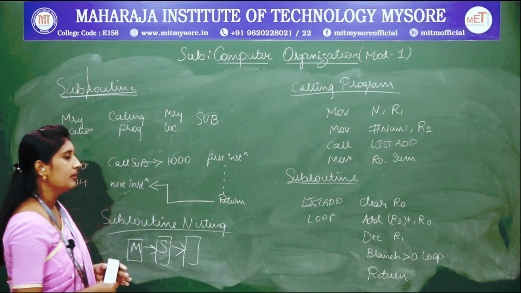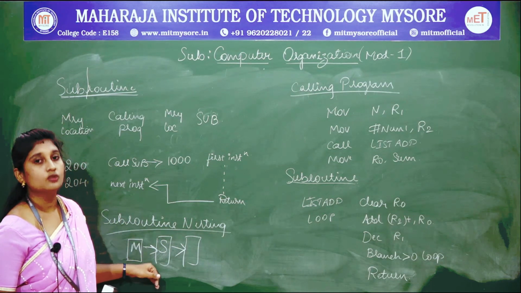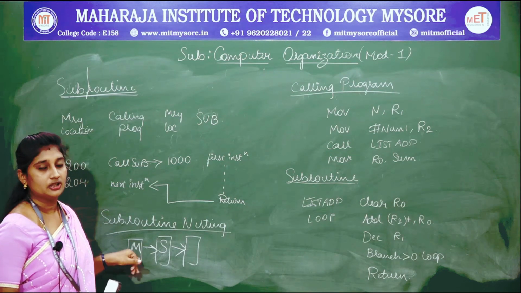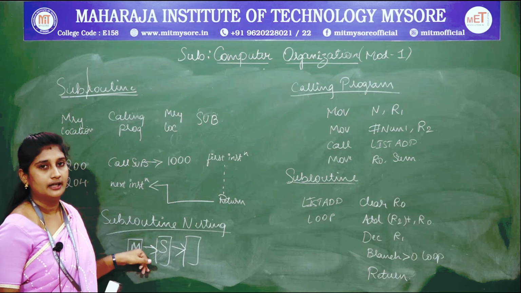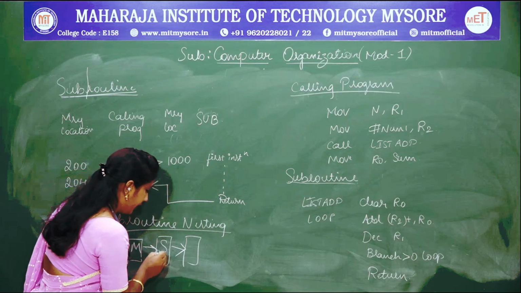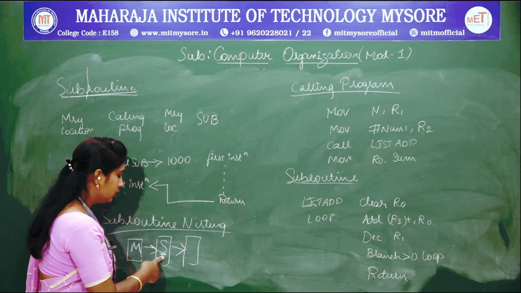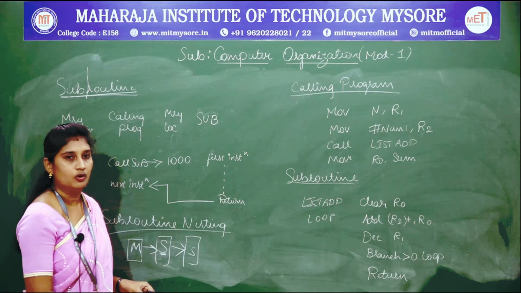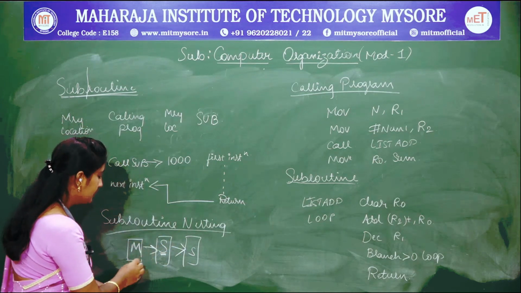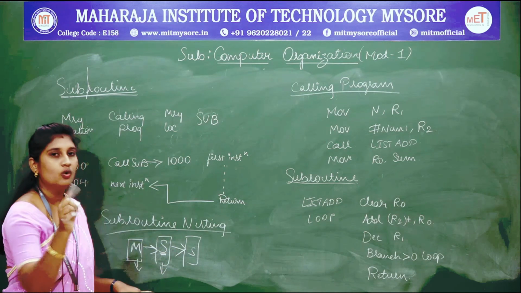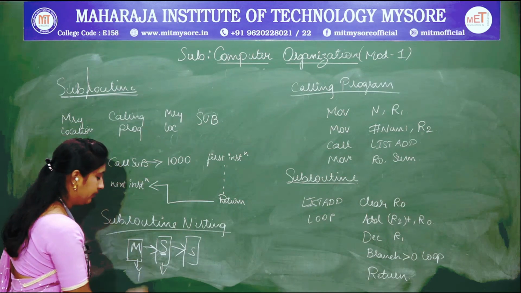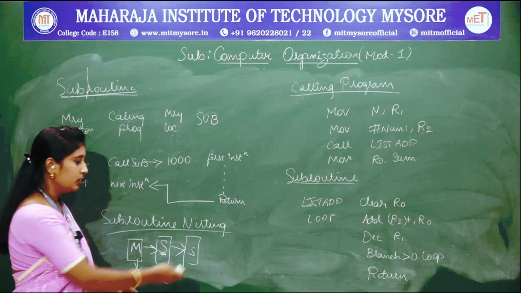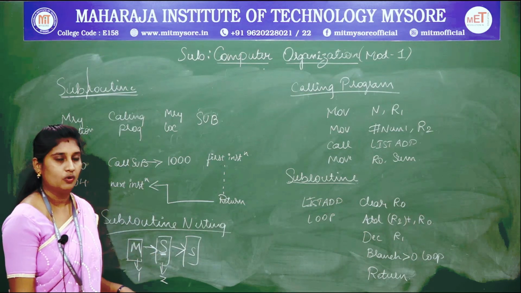One thing you need to remember here: in the link register, what would you be storing? You were storing the address of the memory location where the main program gets halted. But now after executing the first subroutine, you are not returning back to the main program. You are moving on to the second subroutine. So now you need to save two memory locations, that is the first main program location and the second subroutine program location. Why? Because you need to return back to your main program.